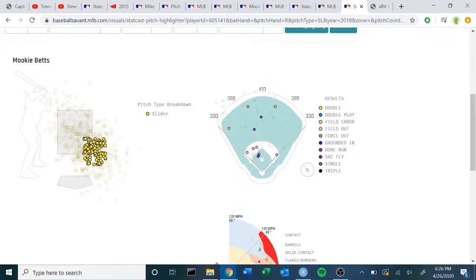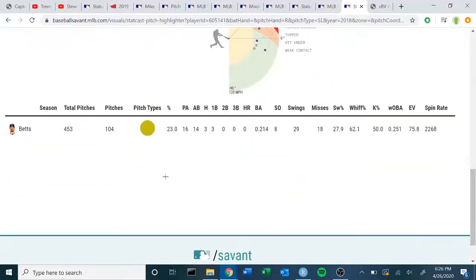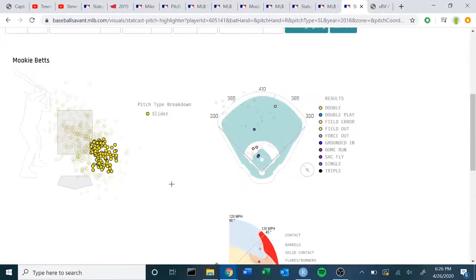If we expand a little bit more and just look at these pitches that are way off, we see his wOBA is .251. So I would be cognizant of trying to get Mookie Betts out with this pitch. Maybe if I'm